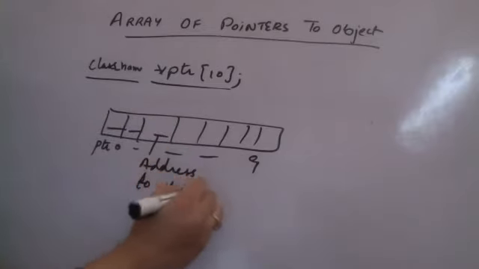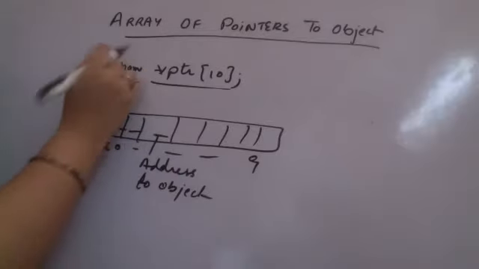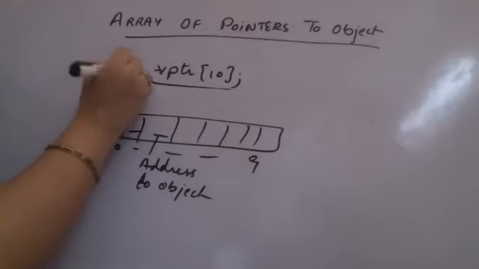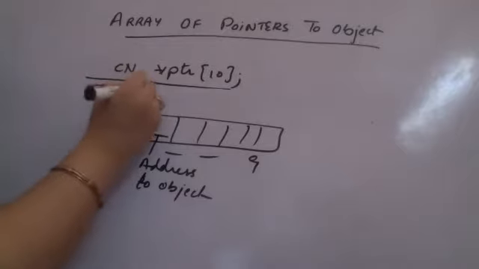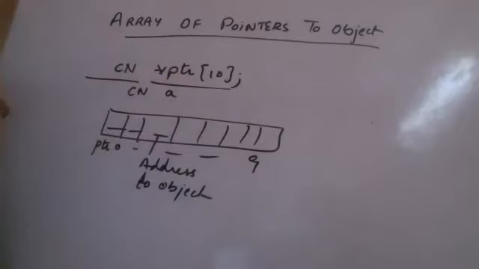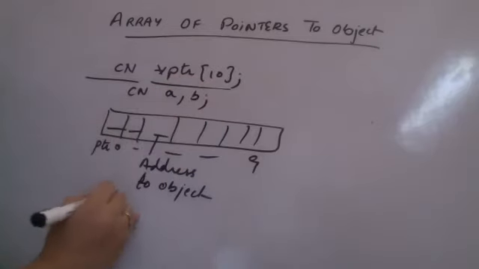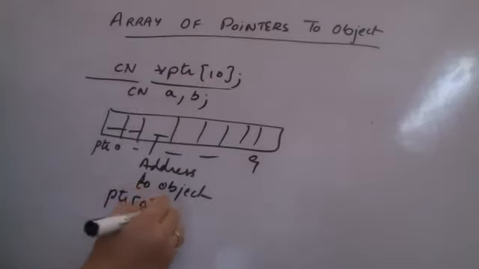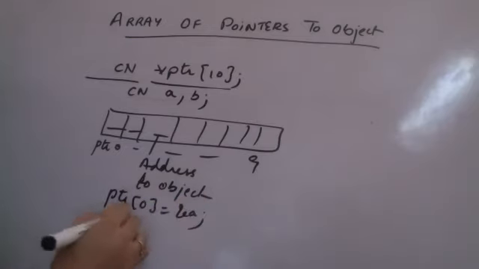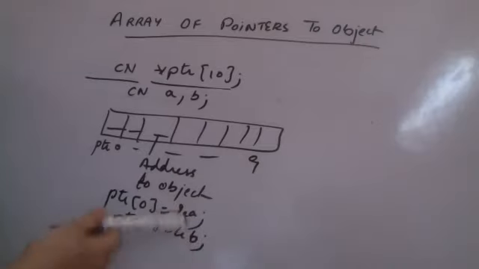So if I want to create with example here, whatever my class name is, I'm just saying class name for short. This is some class. So I'm creating, say, class name A, an object here. I'm creating another object B. I can simply say that pointer 0 is having the address of object A. Pointer 1 is having the address of object B. Now the point is, how do I refer to the members of A and B through this array of pointers? Fine, this is what we were doing in the last class.